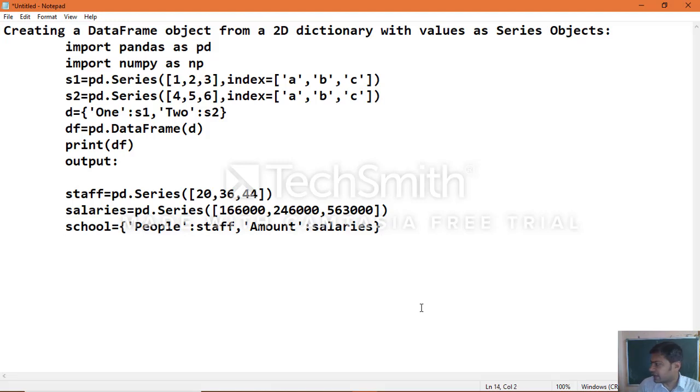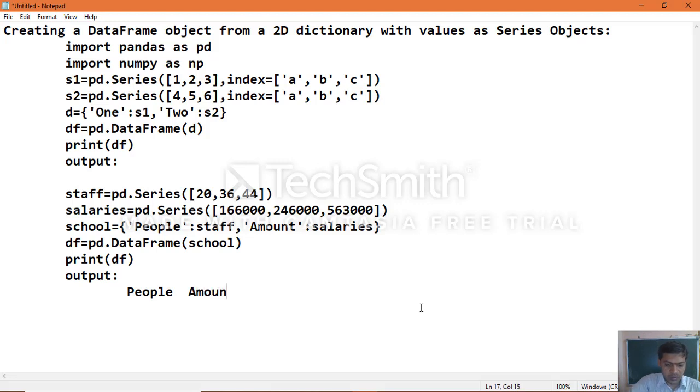Now we'll see how we can create the data frame object. df equal to pd dot DataFrame of school. If you execute this, print df, you will see the output: people, then amount.